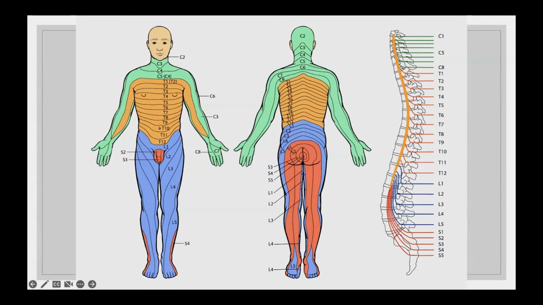And this pain, just to reiterate, goes along a nerve pattern. So this is what we call the dermatome. This basically describes, based on these nerve roots, the big branches of nerves that come off the trunk, which is the spinal cord itself, where it goes down the body. So when we're thinking about back pain, we're thinking about the lumbar region, which is this L region. You can see that it starts in the back itself and goes down various aspects of the thigh and then the lower leg. And then later on down, we think about the sacral region, which is here in S, and corresponds to this part that's near the tailbone.